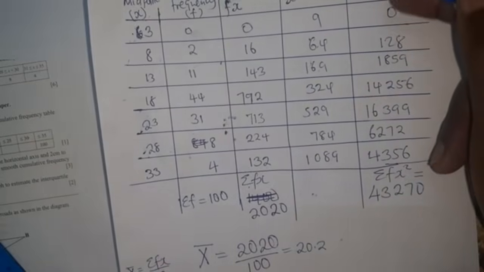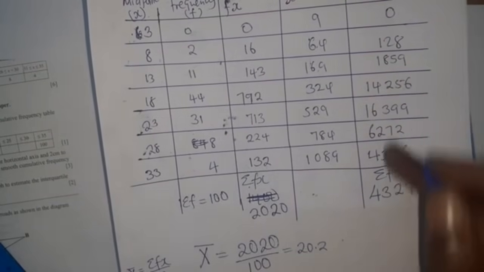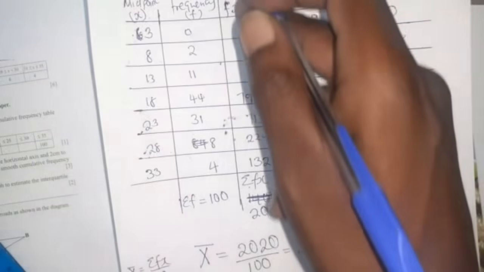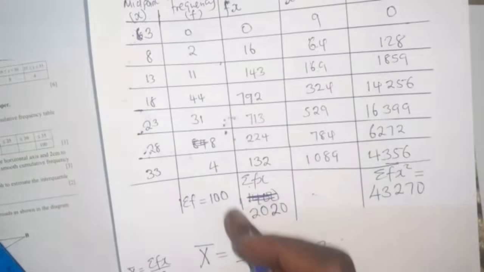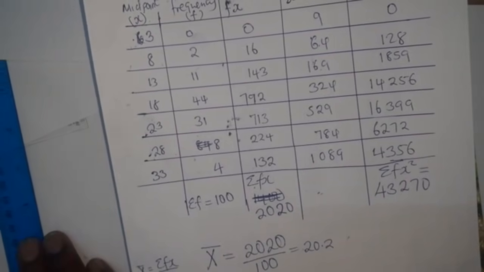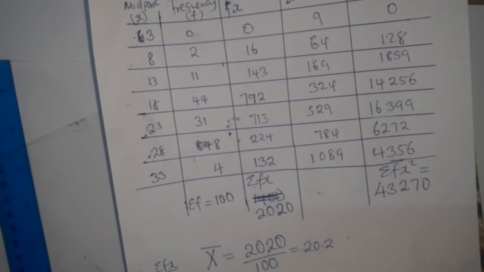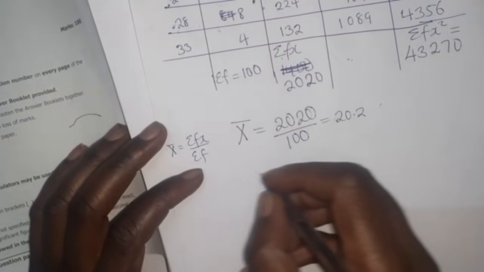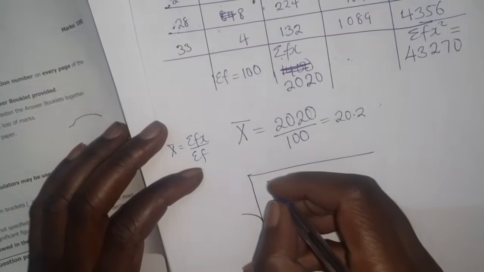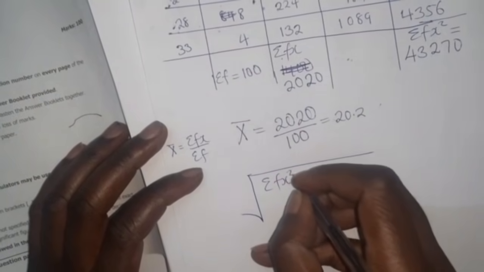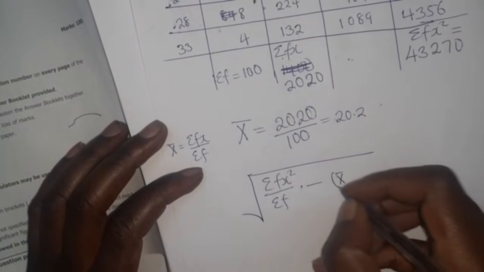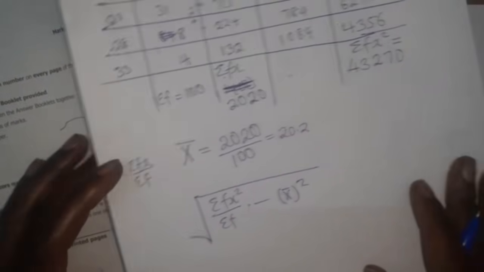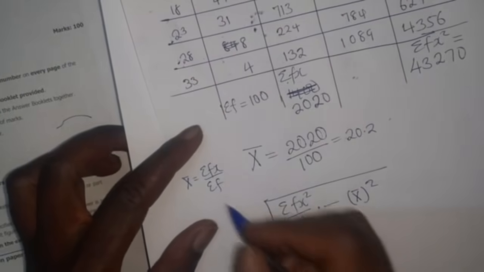When you get this, you add this part. You add this part, okay? As well as this one, you total it up. Even this part, okay? Then take note that the formula you are supposed to use to find the standard deviation is given as the square root of the summation of fx squared over summation of f, minus x bar squared. And x bar is given by this formula,